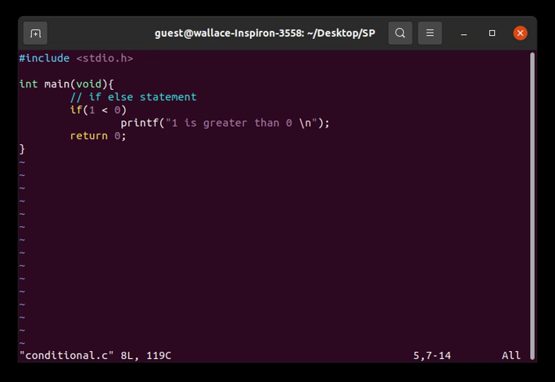So now the question is, how can we do this such that another statement runs? We'll need an else statement to tell our conditional statement that if the first thing is not true, you can run another statement. So we'll put an else condition there, and in the else condition we'll put a printf statement,